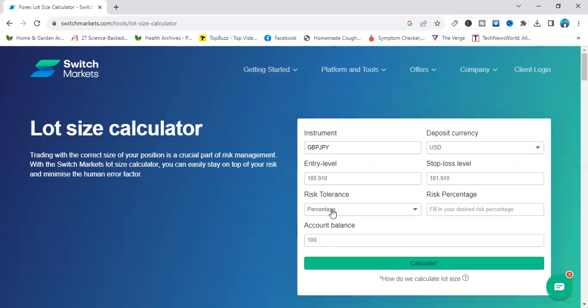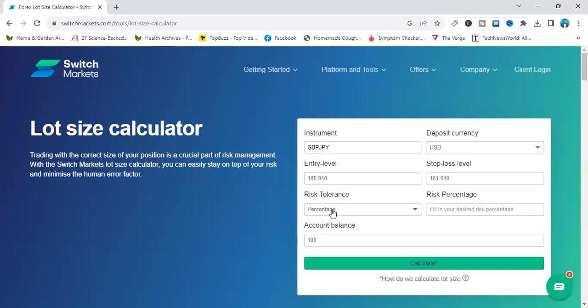If you want to quote the amount in percentage, for instance, you have $100 in your account. You have seen the signal on GBP JPY. You have entered the entry. You have entered the stop loss. How much do you want to risk? Is it $10 on the $100? Or you want to risk $20 from the $100? Or you want to risk $30 from the $100? How much do you want to risk from the $100? Or do you want to quote it in percentage? Do you want to risk 10% of the $100? Or you want to risk 20% of the $100 or 50% of the $100?